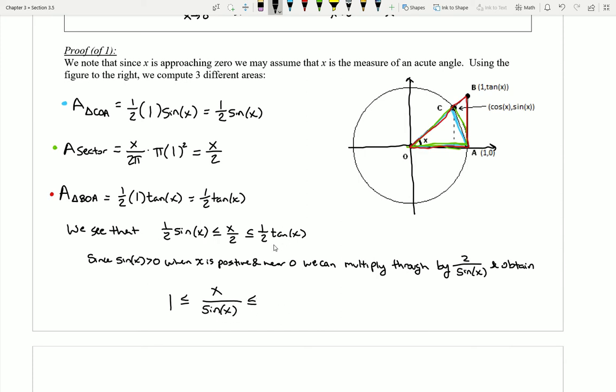And if I multiply this by 2 and divide by sine, notice I'm actually going to be left with a 1 over a cosine, since I can think of the tangent as really just being a sine of x over a cosine of x. So the 2 multiplied would cancel the half, and dividing by the sine would remove the sine from the top, so I'd be left with this. Now what I'm going to do is quickly notice that if this is going to be true,